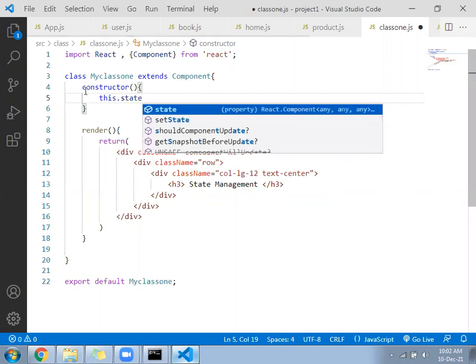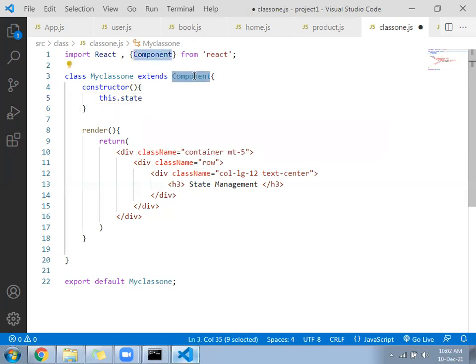You will ask what is this.state? It is a member variable that is defined under the Component class. Okay, this.state equal to curly brackets open and close, like an array.